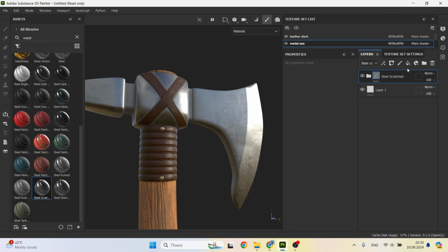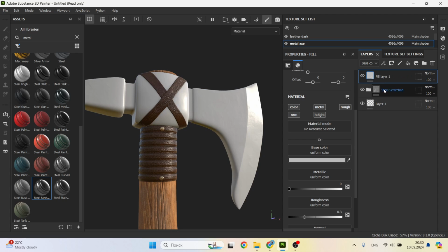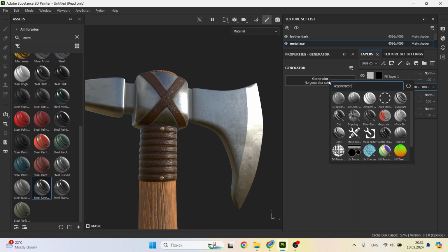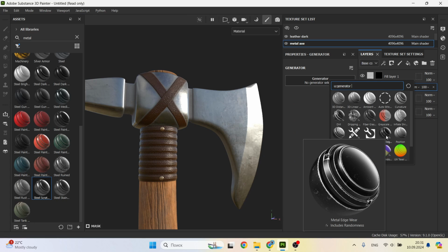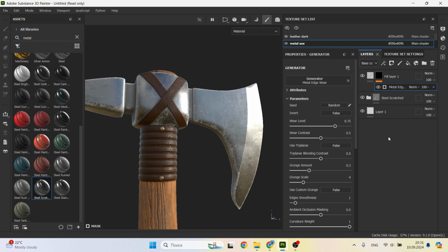So we add another fill layer. Apply a black mask to it. Apply the generator. Now in the list of generators we find metal edge wear. And so, it's already better.